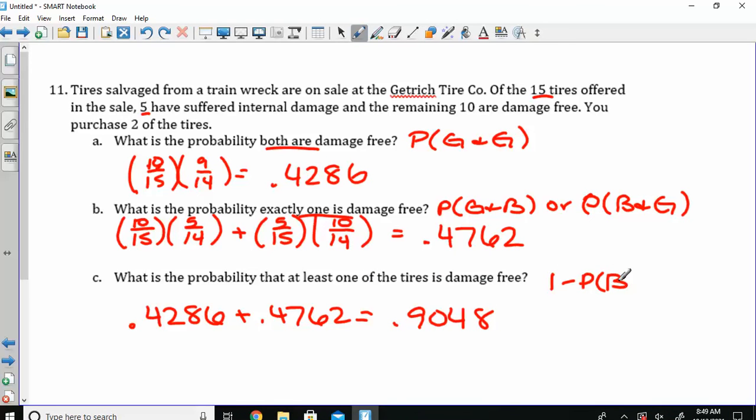Anything else? We've got like a minute. Wait, what's the actual formula on that one? Well, at least one being damage free, you could do a 1 minus probability that they're both bad. Or you could